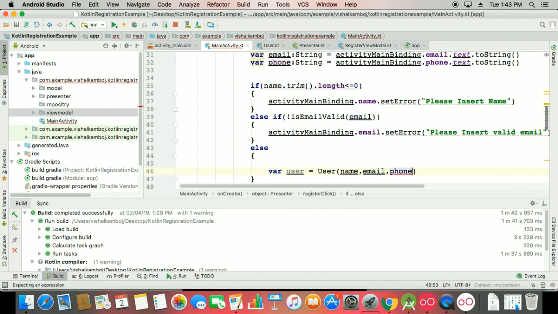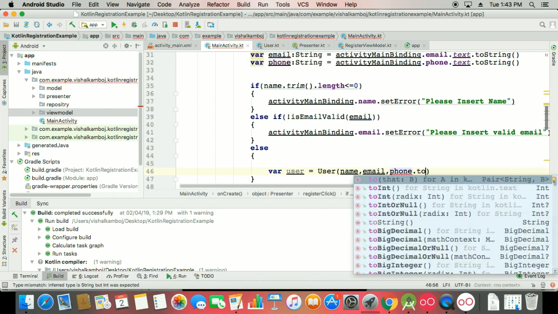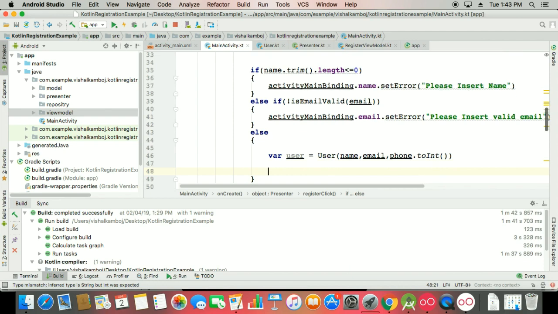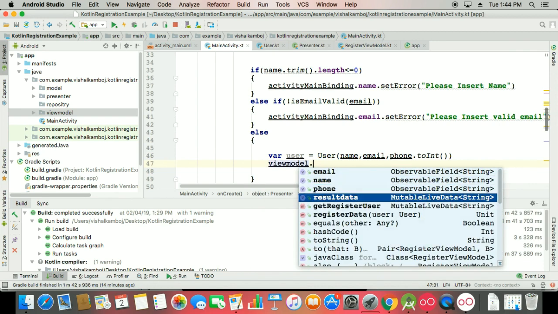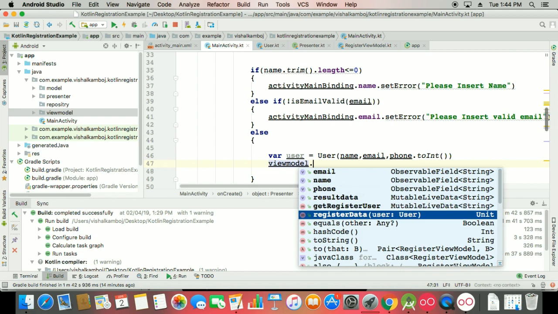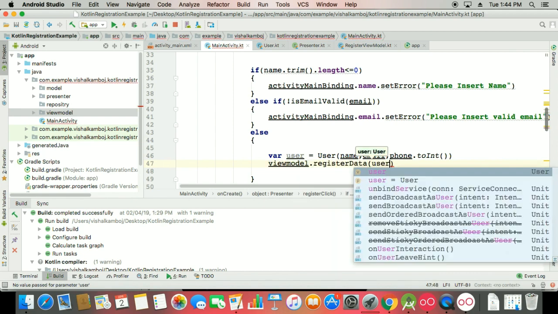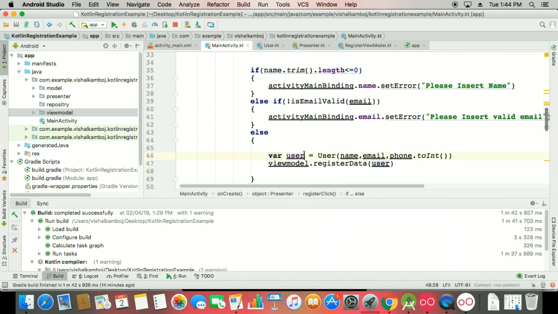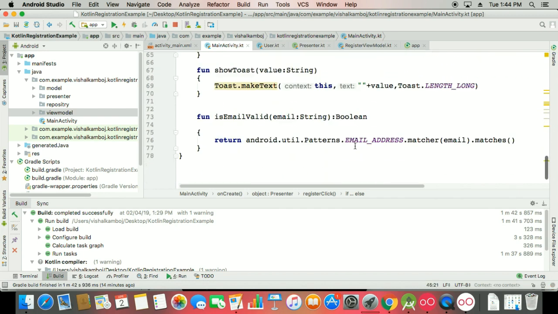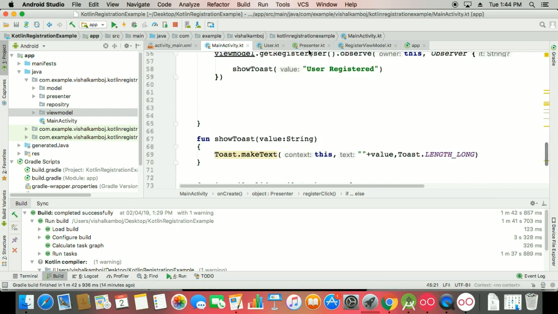And this is your phone, and this phone is dot toInt. Okay, so that is the typecast of phone here, and here this user is ready, and that means viewModel.registerData, this is your user. So everything is fine, it passes the values to our register view model. So this is a simple scenario, and when it receives here,